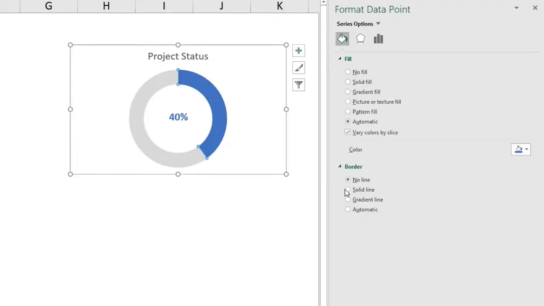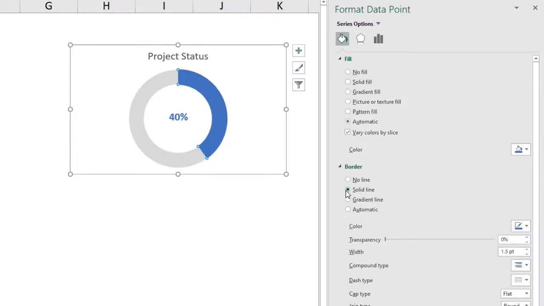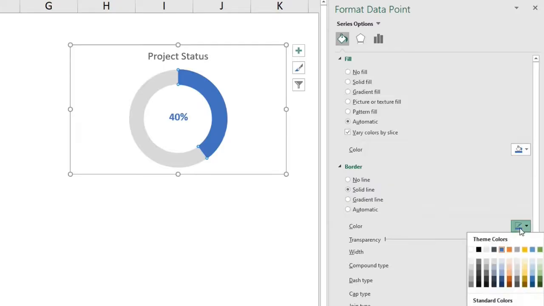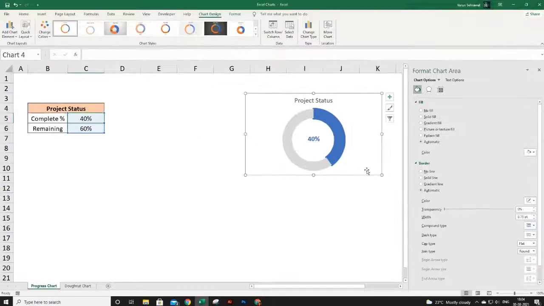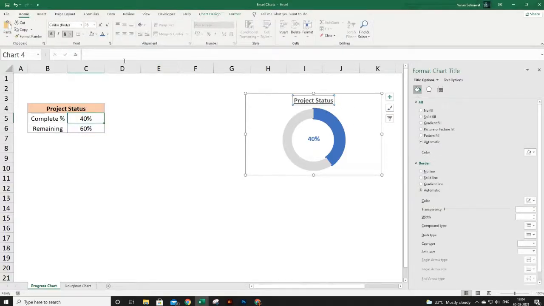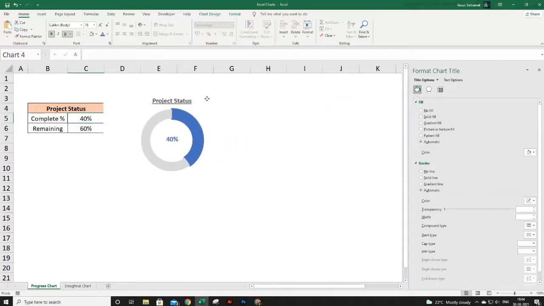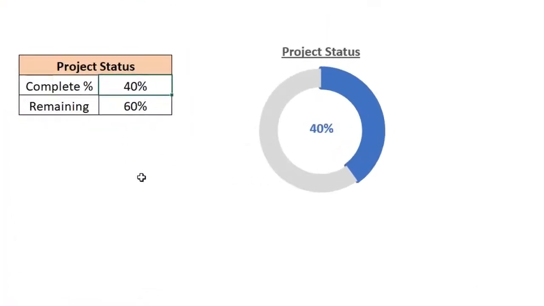Go to this option, under border add a solid border, the same color as the series and make a bigger width, so I am making it 6. You can adjust your chart edges as you like. So this pop-up window will give you full control of your chart. Let's now test if it is working fine. I'm writing here that my project is now 55% completed. So my value here is updated and my chart is also progressing.